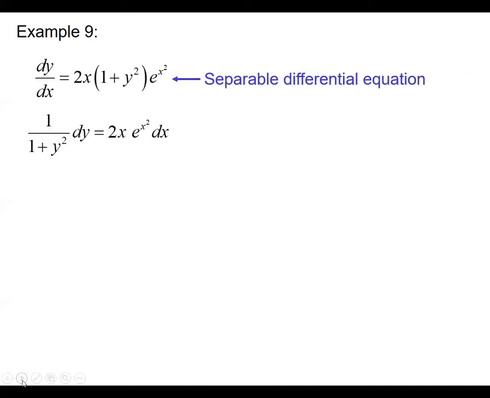So I can just divide that whole term over to the left, keeping the 2x e to the x squared on the right, which now means I'm ready to integrate. So let's scan what's going on over here. Over there on the left,